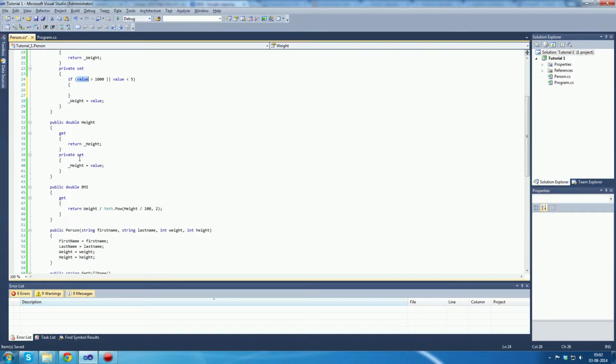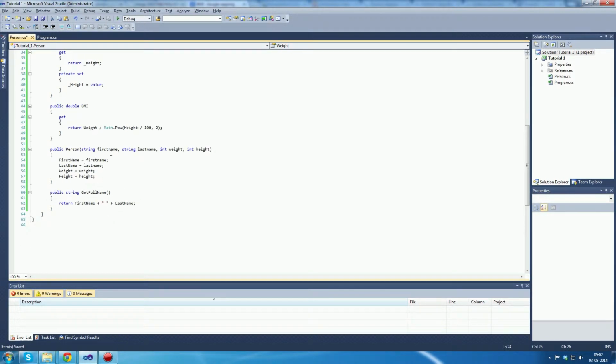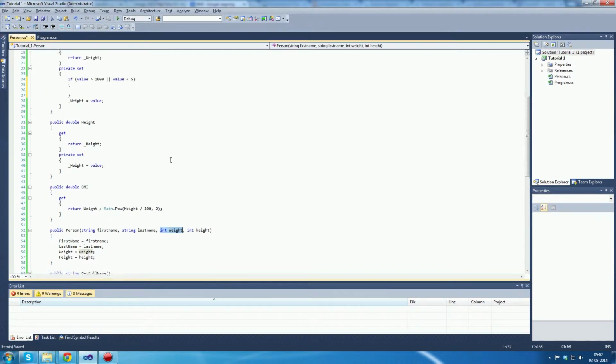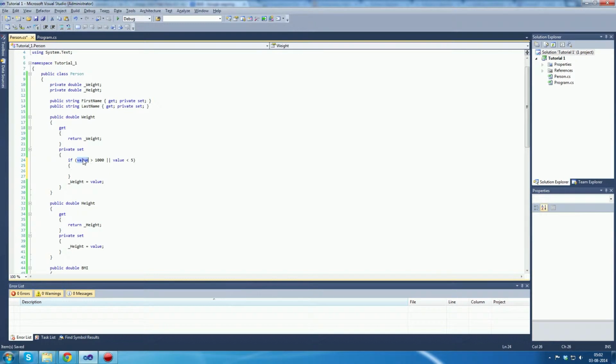It's pretty much the same as down here if we had this one, so it's this one we get as value up here. So we say if value is over 1000 or if value is under 5, we can do something about the value in here. We can, for instance, say